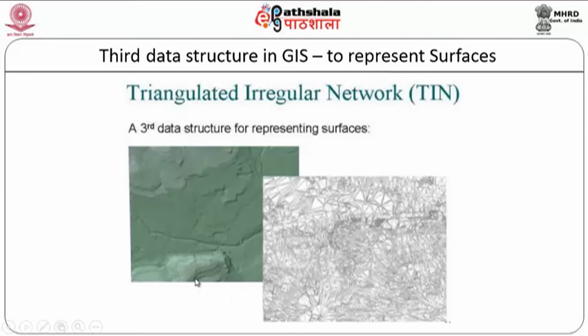For a simple example, you can see here, this is a slightly elevated zone. In this context, you can find that it is relatively bigger because there's a uniformity of the object. When you don't have that uniformity, it will be difficult to represent the data. So here you can find little bends are there, and this is how it goes. In every aspect, you find that this triangulated irregular network will help us in depicting the surface features as they are. It is otherwise called surfaces, contours and DEM, etc. So that's the third type of GIS structure.